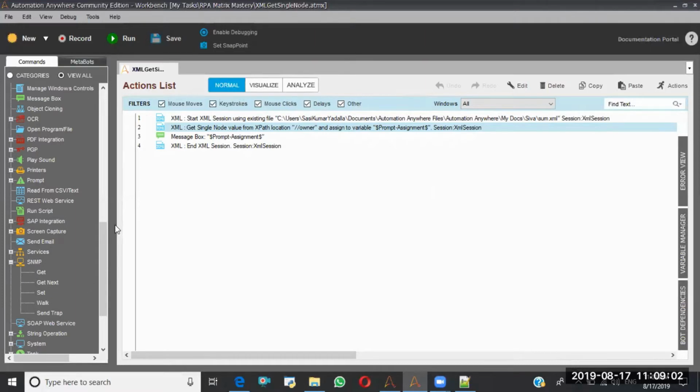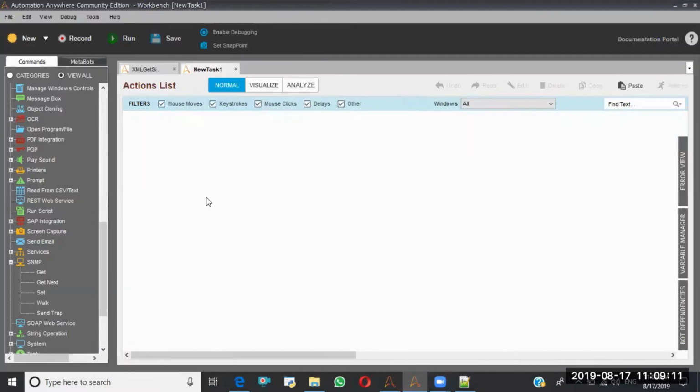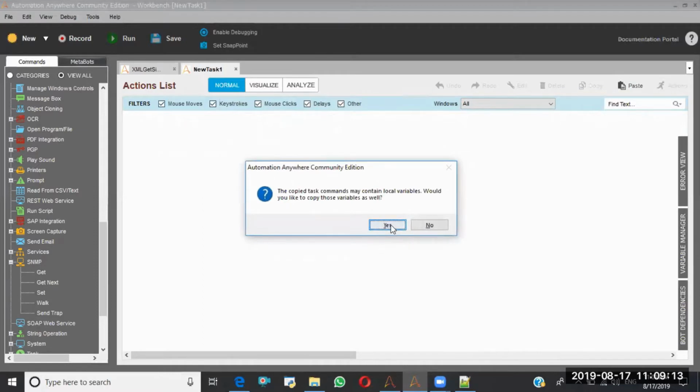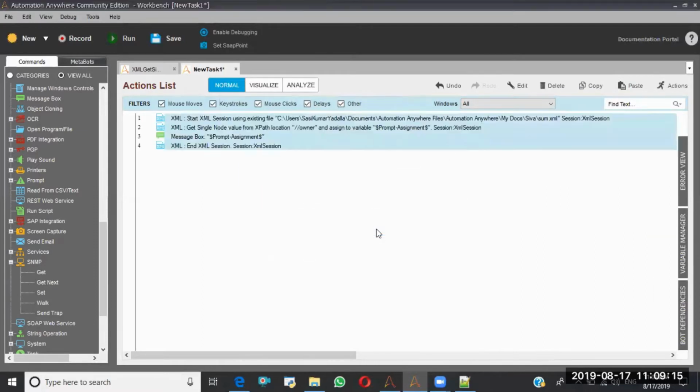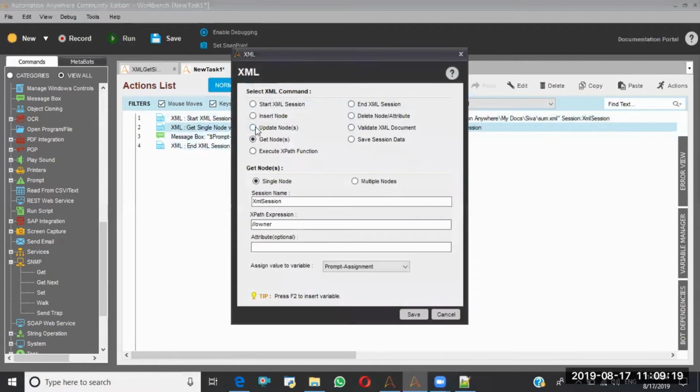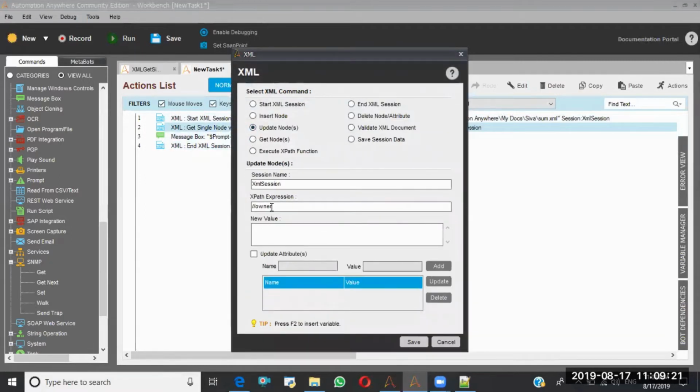The next XML command is the same thing, but this time I'm going to update the XML node. Instead of Get Single Node, I'll select Update Node, and I'm selecting the owner itself, and here I'm giving the value as Shiva. Save.